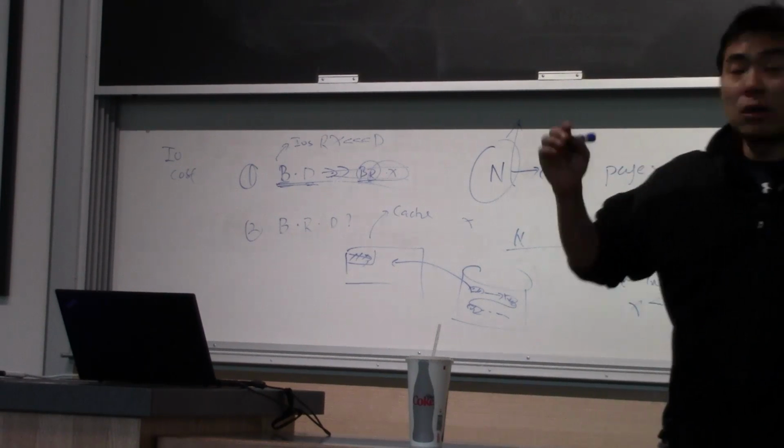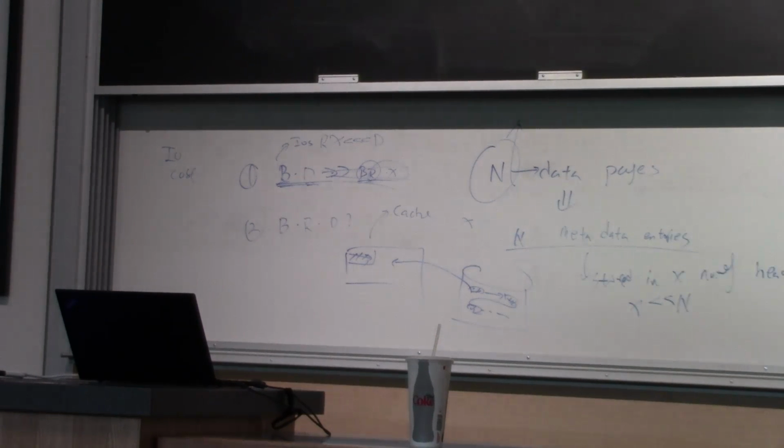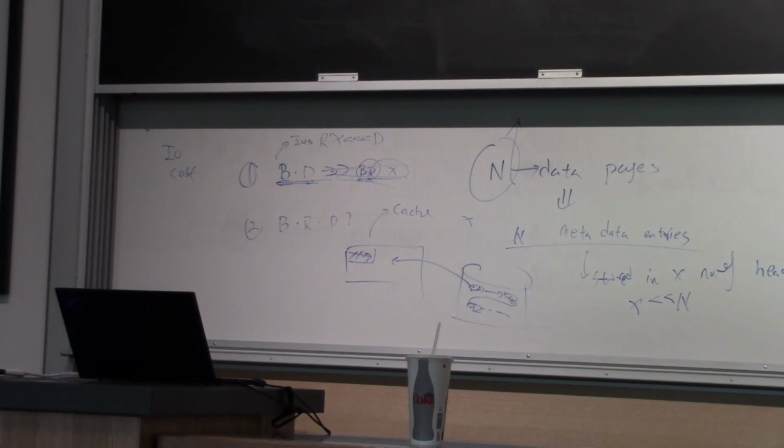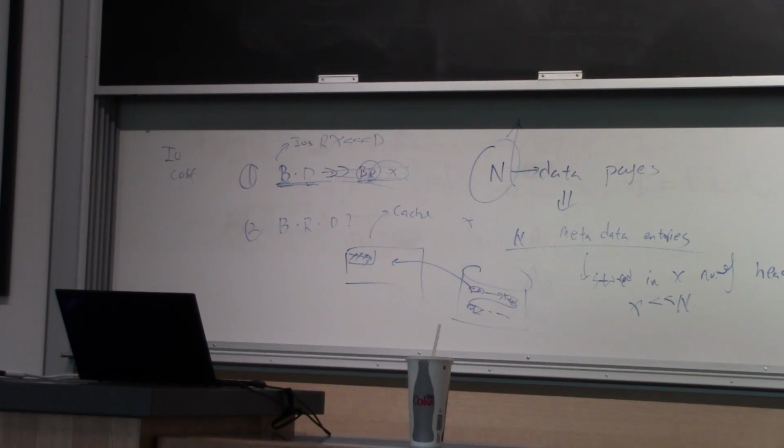Yes. So for the heap file, in the worst case, the record you're looking for could be in the last page of your file, and you have no way of knowing that ahead of time. So the only way you can find out is to linear scan through all the pages, until the last page you find your record. Does that make sense?